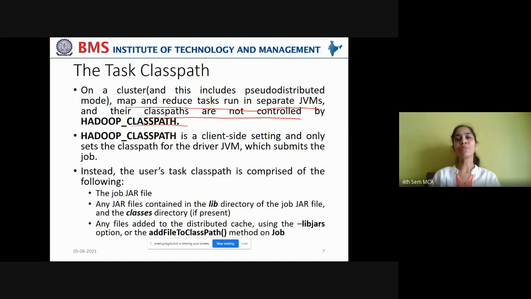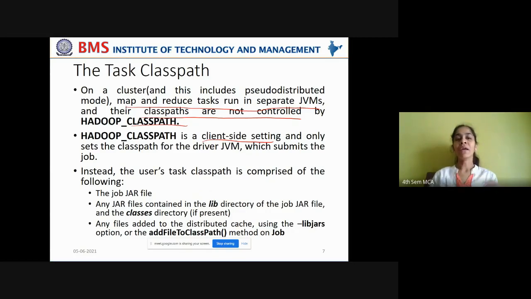So when you are transporting your job onto a cluster, map and reduce tasks don't run on the same Java virtual machine. They run on two different Java virtual machines and their classpaths are no longer controlled by Hadoop classpath. Hadoop classpath is a client-side setting. That is why it doesn't have any control on the cluster side.